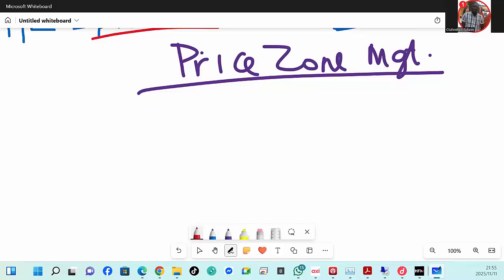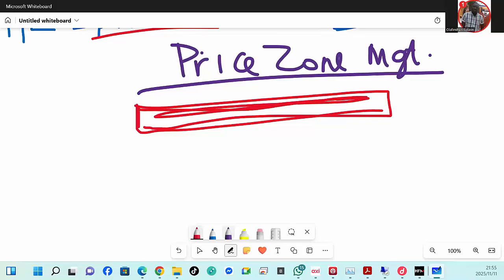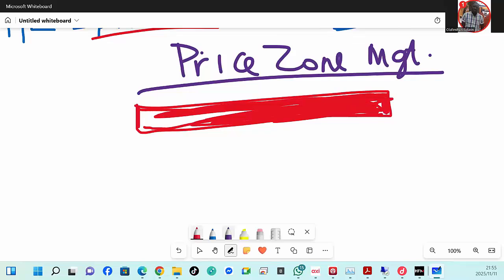I don't know how I'm going to explain that, but let's first of all explain supply zone. We are going to explain two of them for our beginners so that they understand the concept we use to manage our trades. Price zone management is part of our trade management. It is one of the tools we use to manage our trades when they edge. But if they don't edge, we are still going to be enjoying and doing whatever we want to do.